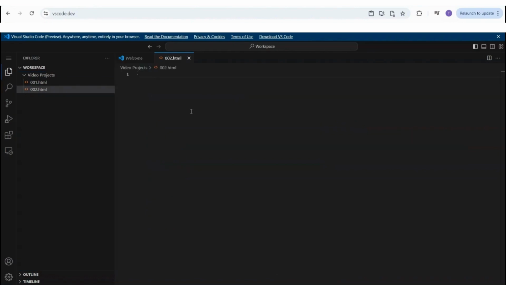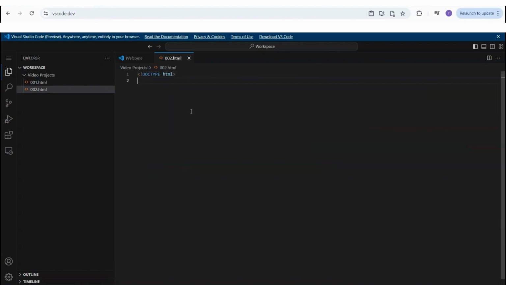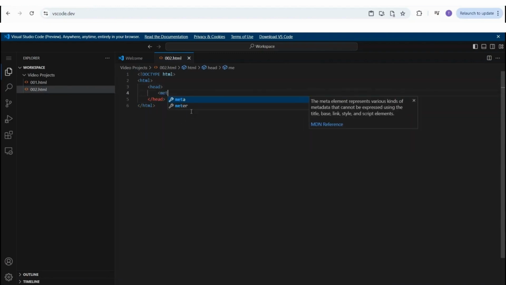I click on enter. The first thing I'm going to write here is doctype HTML. After that, I'm going to write HTML, and then I'm going to write the head tag. As you all know, it shows where to add the metadata, which is what we're going to add next. So we add meta, and then we're going to add the charset or the character set equals to